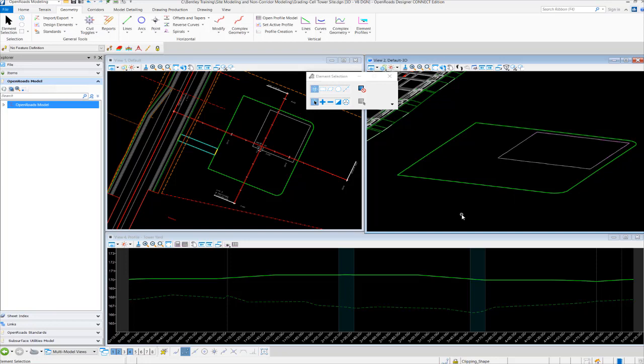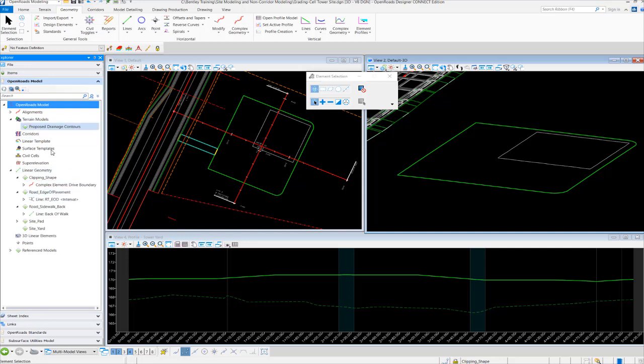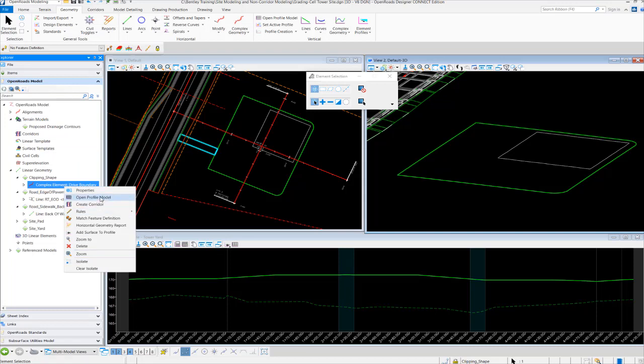And the other thing I'd like to point out is I have the Model Explorer open over here, the OpenRoads Model Explorer, and this organizes and manages all the civil data that's created inside of the DGN file. So as you create things, they get populated into each one of these categories over here on the left-hand side, and everything's managed and organized in a logical fashion. And right-clicking on any of the elements in the OpenRoads model here will give you access to other tools as well. So it's pretty useful if you want to work with the OpenRoads Model Explorer to view your civil data as well as gain access to some other tools. So it's just another option